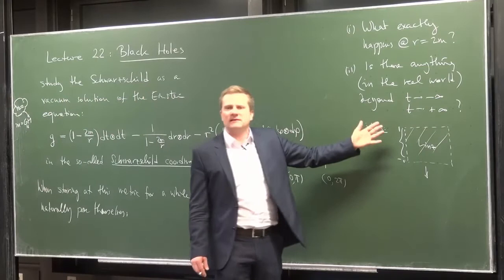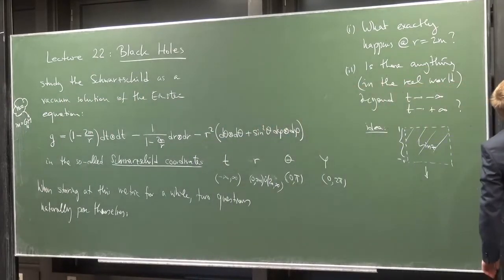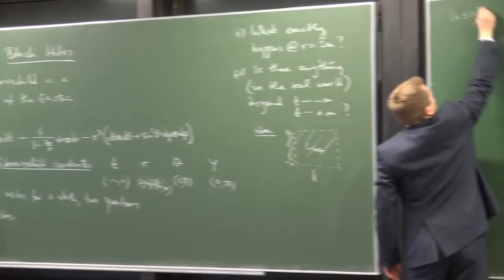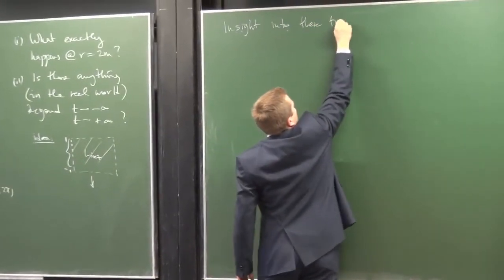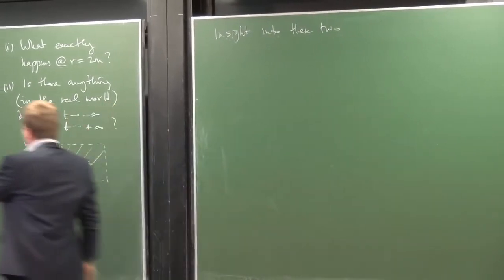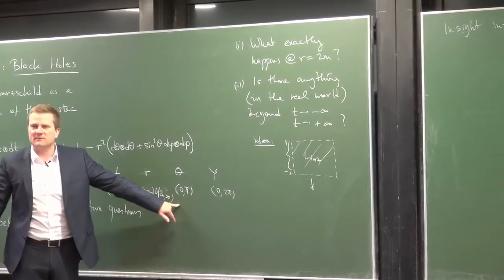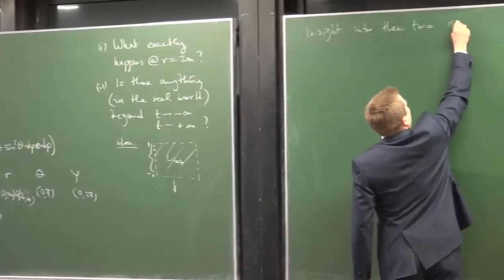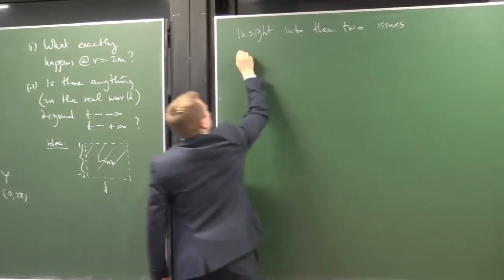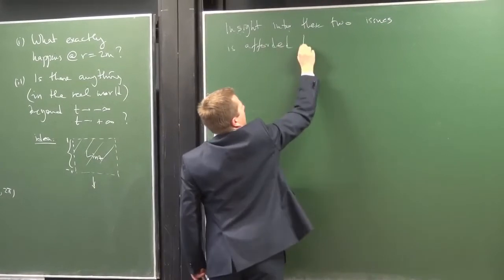How do I transcend the coordinates by using them? So insight into these issues, into these two, and of course the same point could be made for r greater than infinity or something like this, right? So insight into these two issues is afforded by